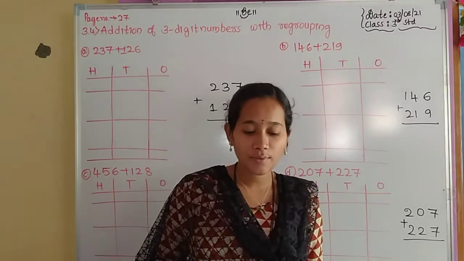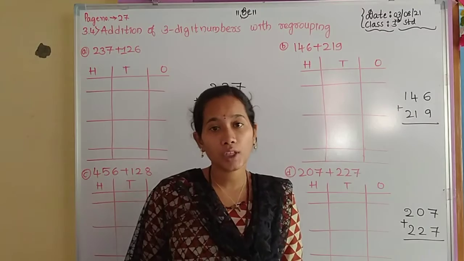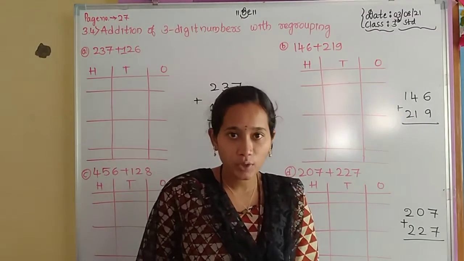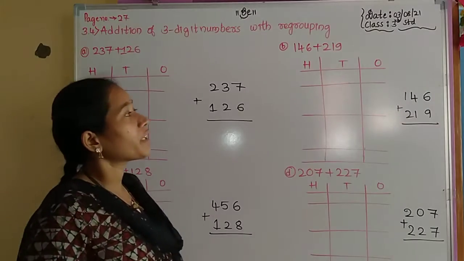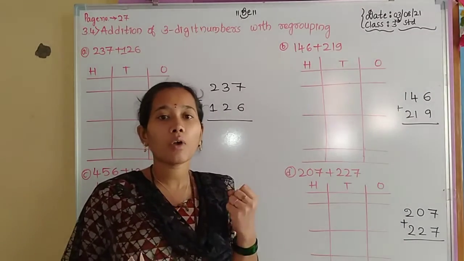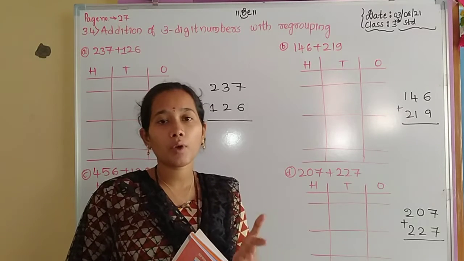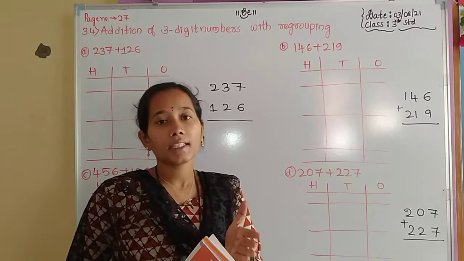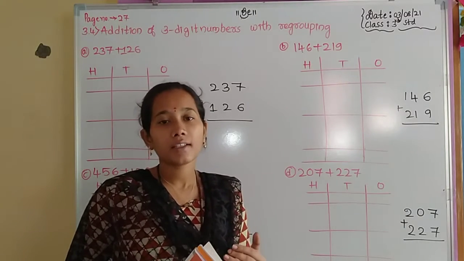Students, in the previous class we solved some examples on the word addition of 3-digit numbers without regrouping. That means without carrying. Today we start the word addition of 2-digit numbers with regrouping. With regrouping means with carrying. Here we have to make the grouping of the numbers with their positions, divide them, give a carry to another position, and write the sum for that.